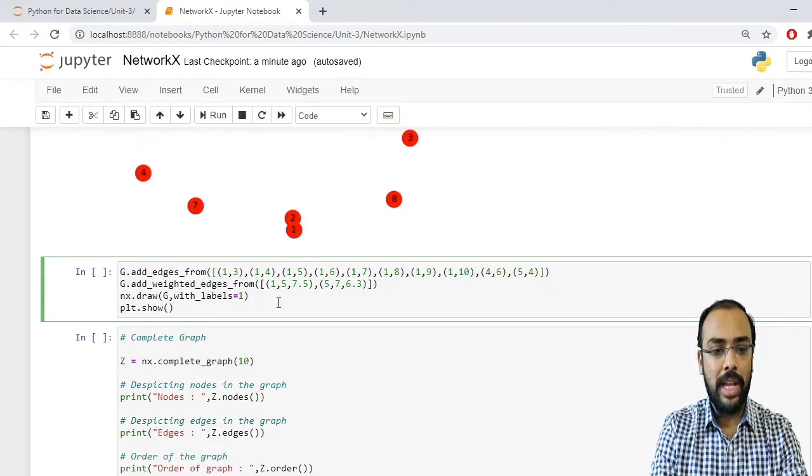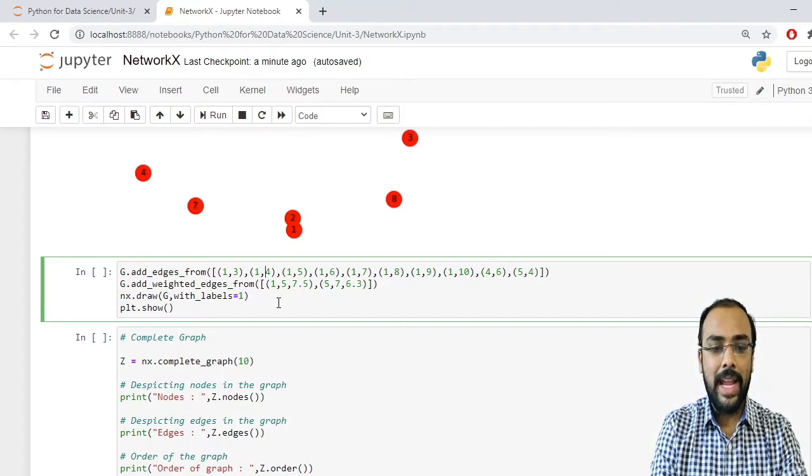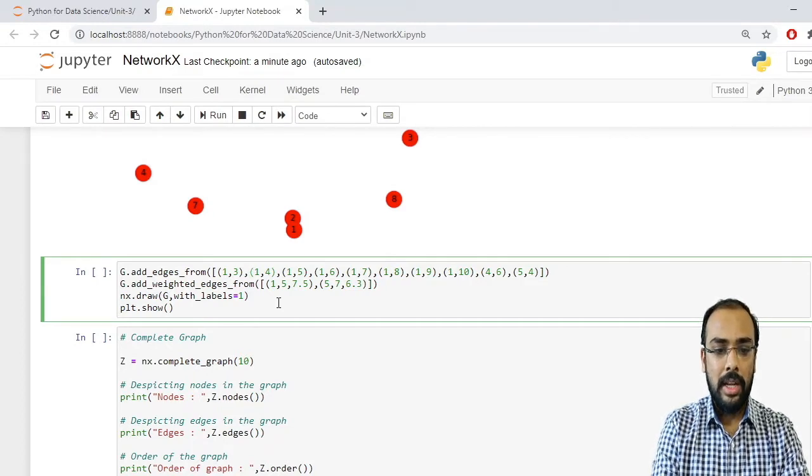That means I want an edge from node 1 to node 3, an edge from node 1 to node 4, from node 1 to node 5, from node 1 to node 6, from node 1 to node 7, from node 1 to node 8, from node 1 to node 9, from node 1 to node 10, similarly from node 4 to node 6, and from node 5 to node 4. So this will add edges to these particular nodes.